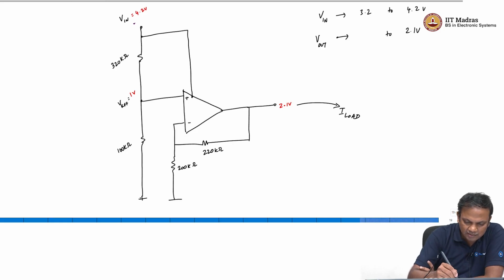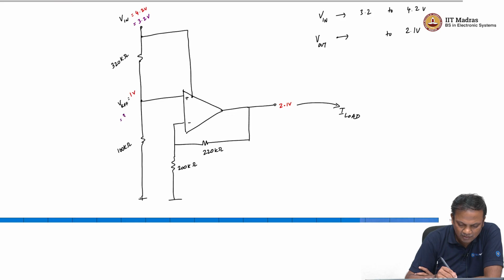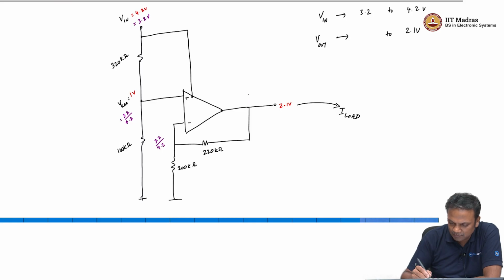So, when V in is 3.2 volt, this node reference will go to 3.2 divided by 4.2, which means this node is also at 3.2 divided by 4.2, and this will go to 3.2 by 4.2 into 420 by 200,